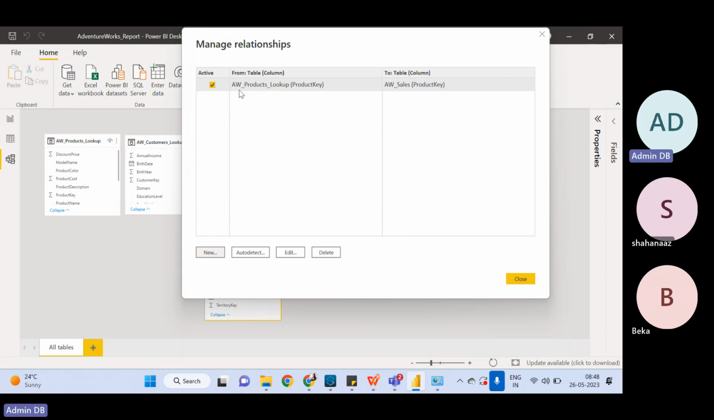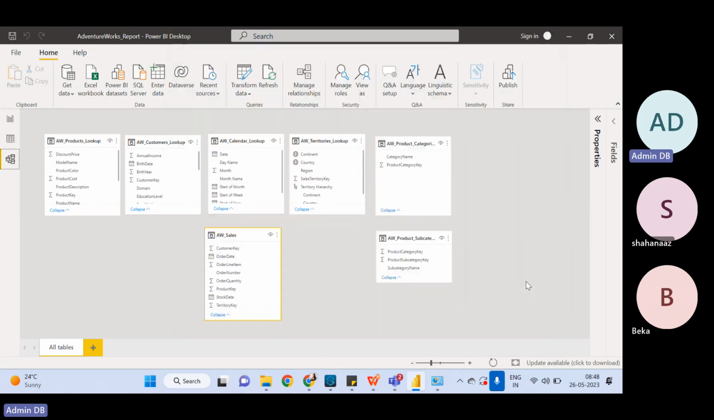you see there is one line started appearing over here saying from table AW product lookup, column is product key, to table AW sales, column is product key. So one relationship has been created, which is active. So it is ticked. We will close it